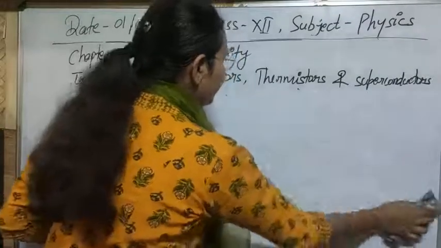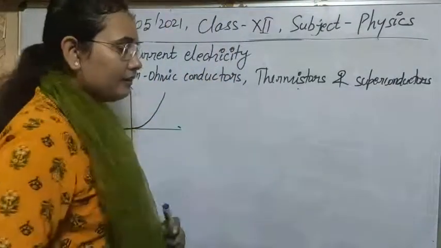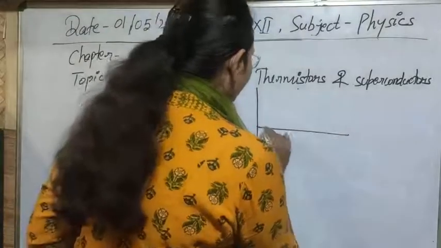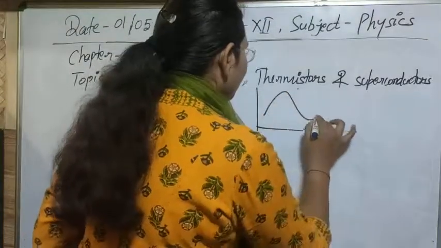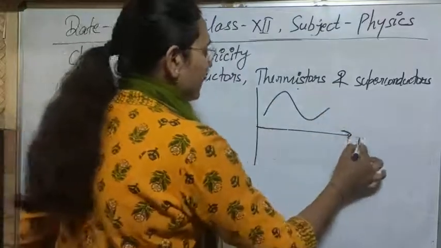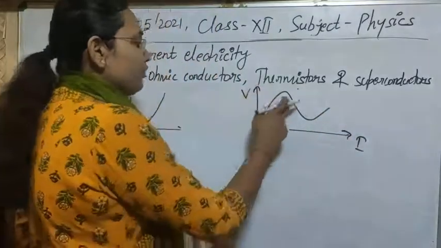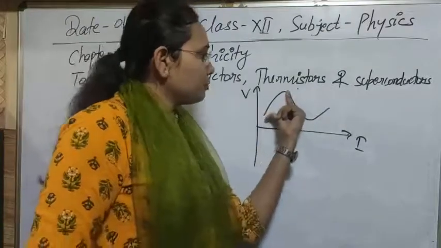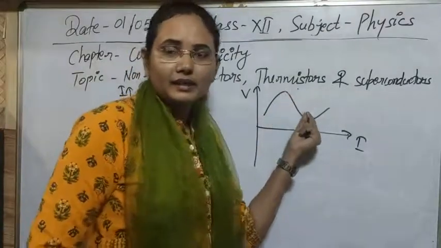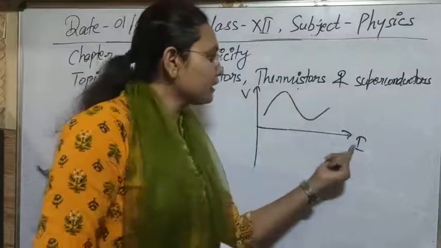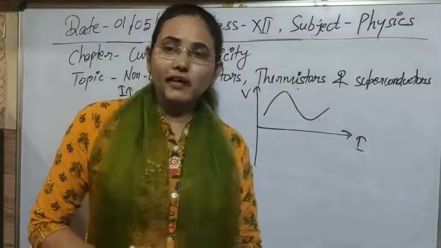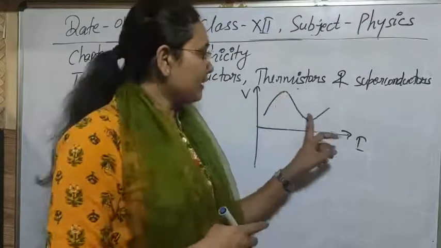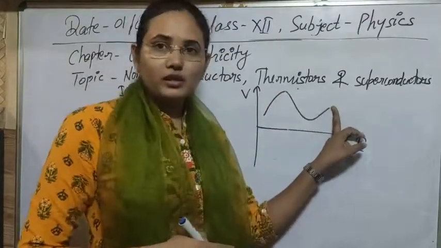Second example, if we are taking another example, suppose we are obtaining our VI characteristic in this form. For this form also you are seeing that up to this point it is ohmic, but after that the voltage started to decrease with increase in current, but this is the violation of Ohm's law. So here Ohm's law doesn't follow, but later you will see at this point Ohm's law is followed.